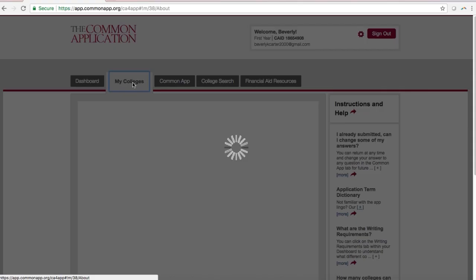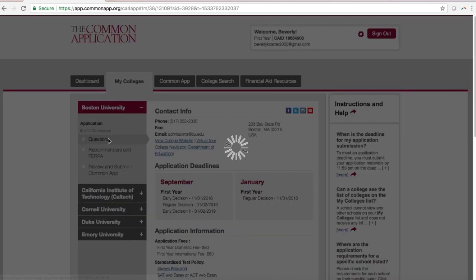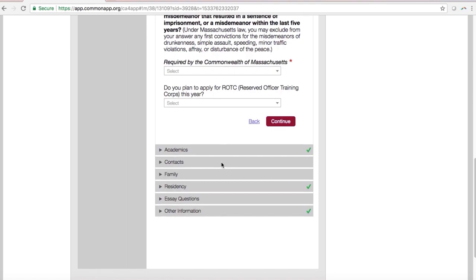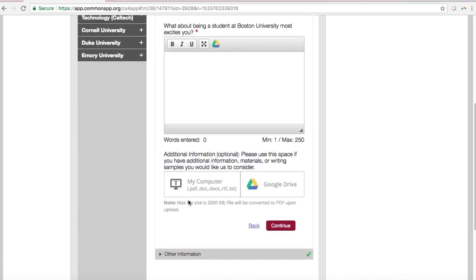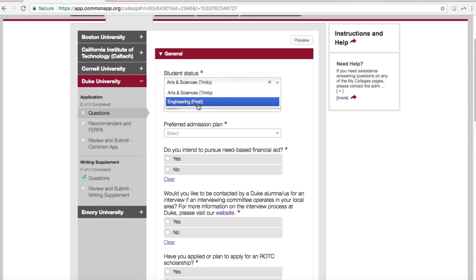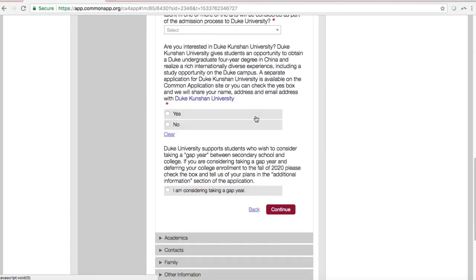tab. You can go to My Colleges to see their questions and their supplemental essays. So for Boston University, you can hit Essay Questions, and then that'll bring you to your essay prompts. So Duke is a little different. You have to choose whether you want to go into Trinity or Pratt to have all of the supplemental essays present themselves. So if we select Arts and Sciences,